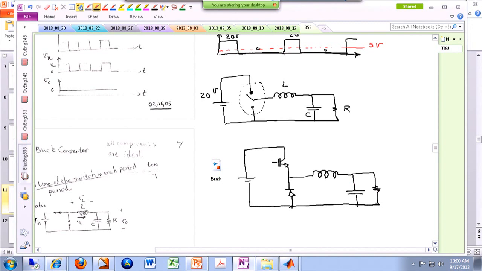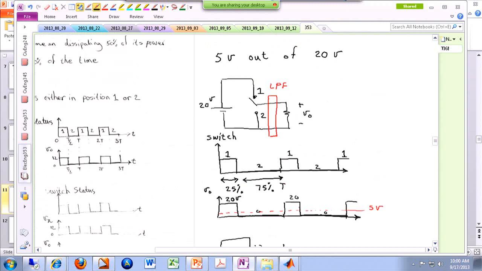As it turns out, we are going to talk about it in detail, but when I turn this IGBT on, the diode is reverse biased, so basically I've created a short circuit from here to here, and when I turn the IGBT or the MOSFET off, then the diode has to kick in and conduct, so there is a short circuit from here to here, the exact same functionality that we need from this very original switch over here. Okay,